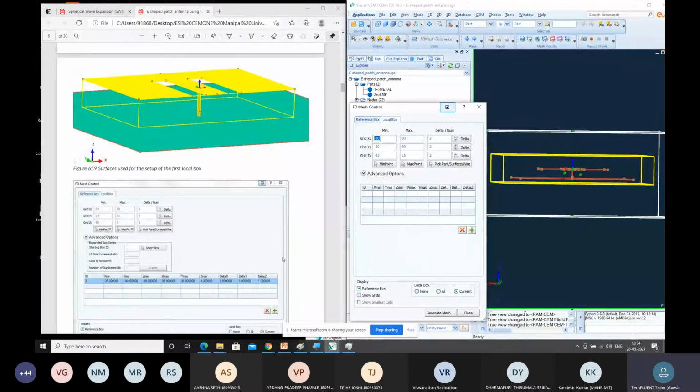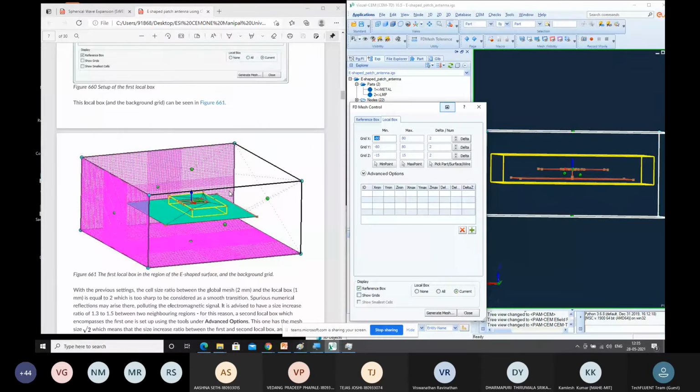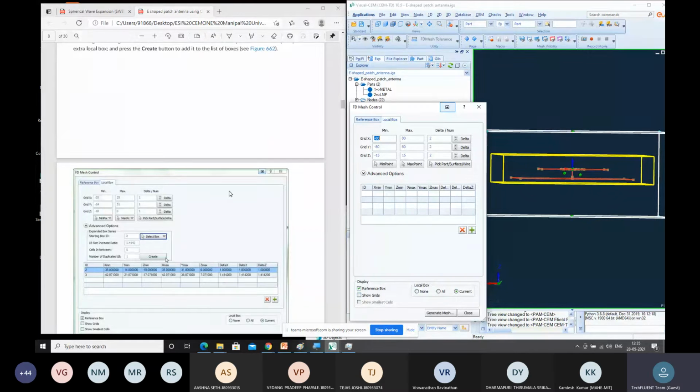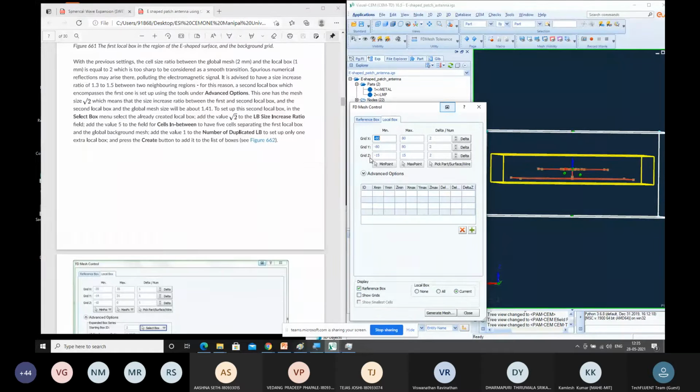So we have already given from minus 35 to 35 with the delta spacing of 1.